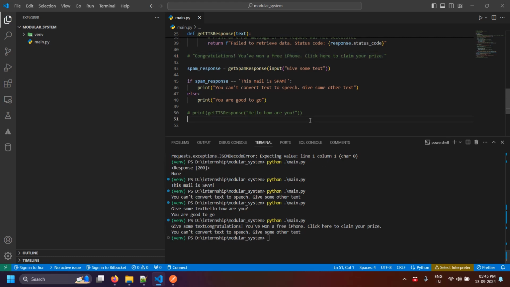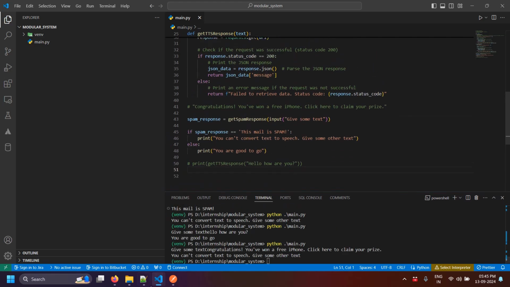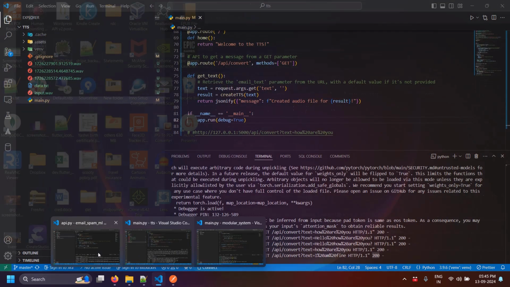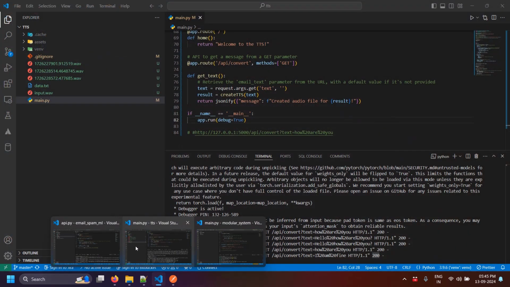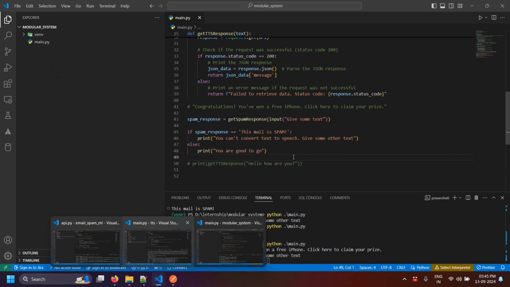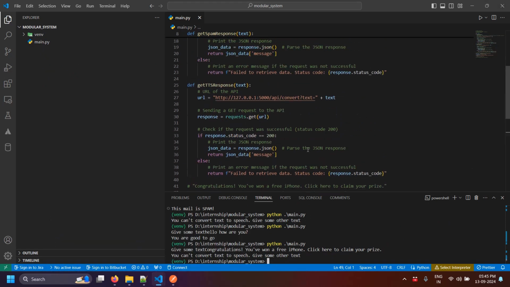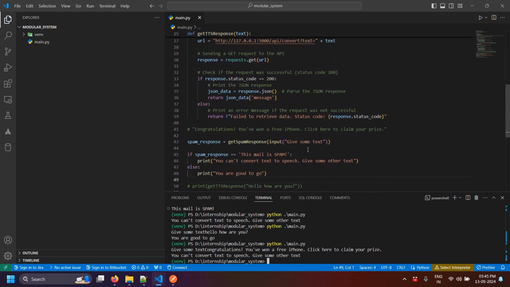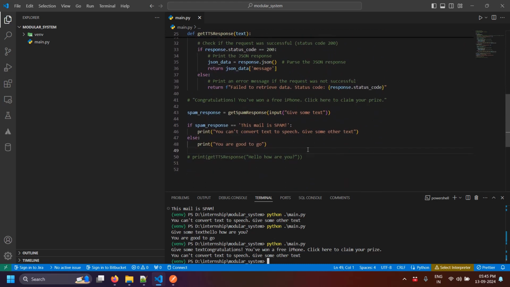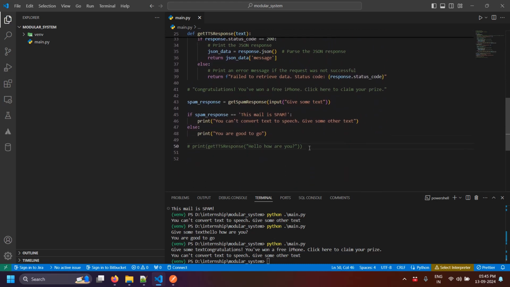And see the amount of code I'm writing. The systems I created earlier took 4 sessions to complete, but this time the modular system that I am creating is taking this much code only. So this is a great way to create modular systems. Next thing is, what I will do is just